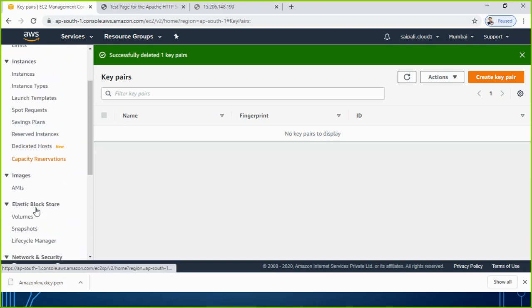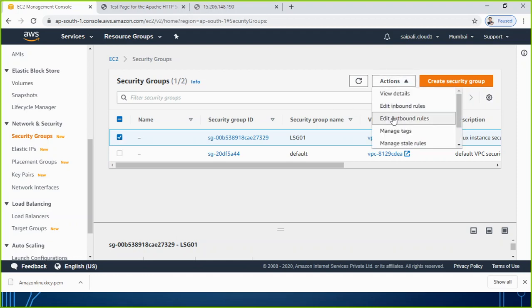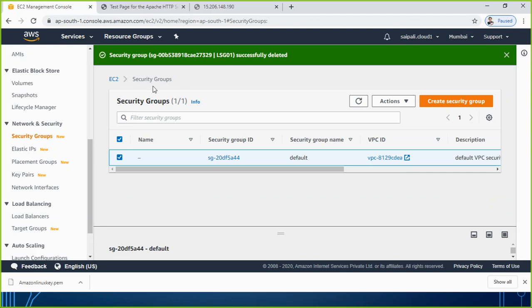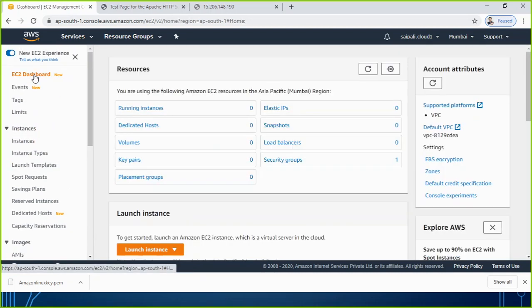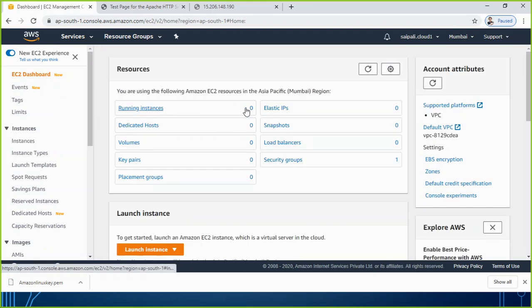In the same way, let's say that security group we created today. In case you want to delete that security group, select that security group, action, and here you will get the option of delete security group. Delete. Now if I go to the dashboard, I can see I don't have any key pair here. One security group is still showing, that was the default for my users, so I'm not going to delete that one. But the rest of the things I made 0. 0 instances running, 0 dedicated hosts, 0 volumes, 0 key pairs. I have reset everything back so that I will not be charged for it.